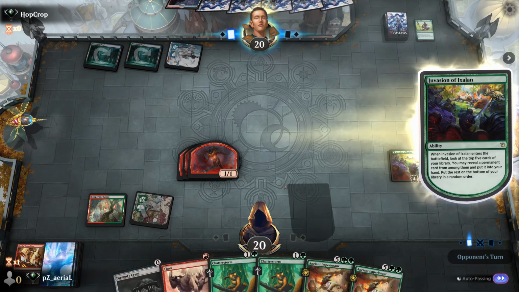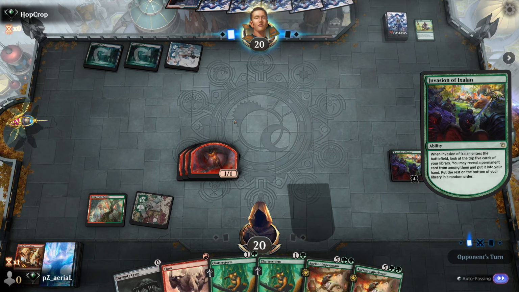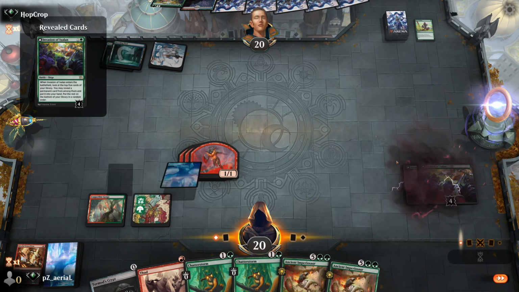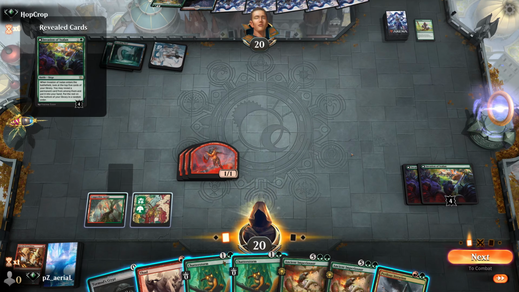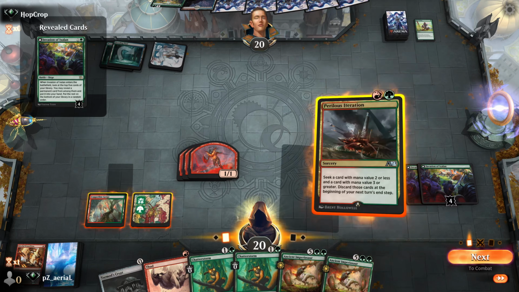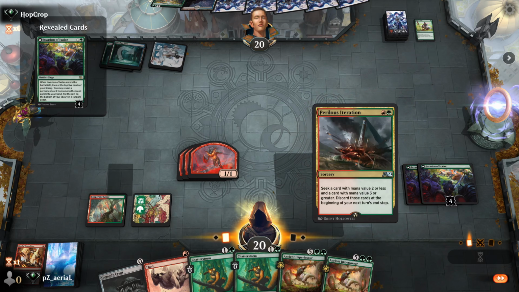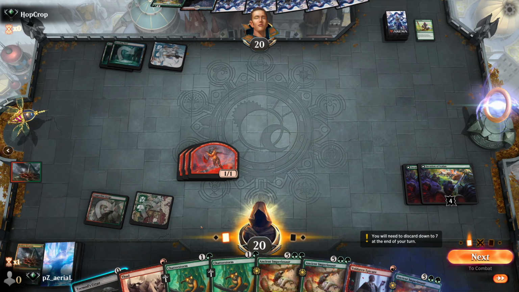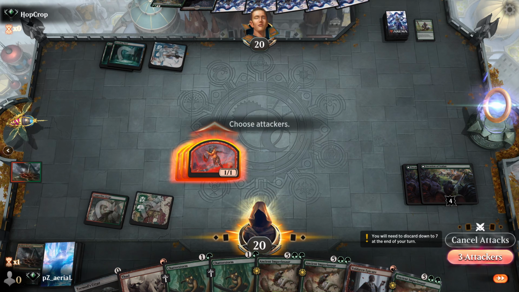Another Invasion of Ixalan. Do they plan to play creatures, or is this for something else? So, Perilous Iteration. Can this find me a land? I hope that it does. We're going to get another Imperiosaur. That was not really the move. Next turn...